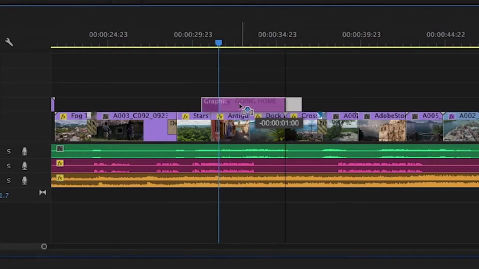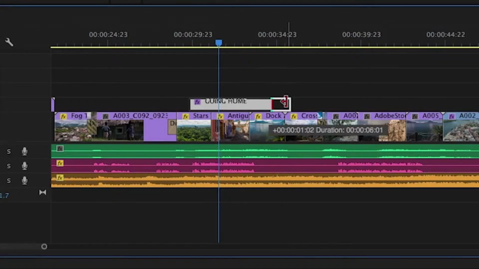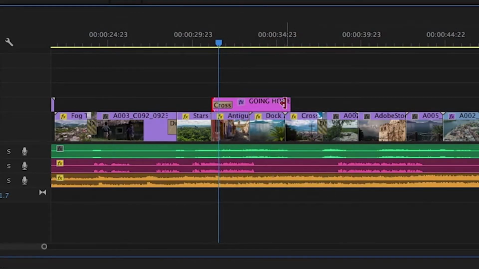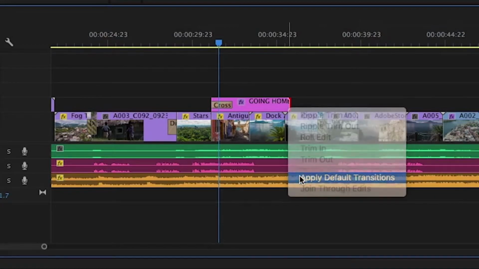Reposition the title clip to wherever you want it to appear in your sequence. Drag the ends of the clip to change the duration. Right-click either end of your title clip and choose Apply Default Transitions to add a fade-in or fade-out effect to